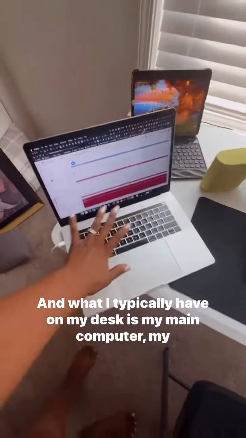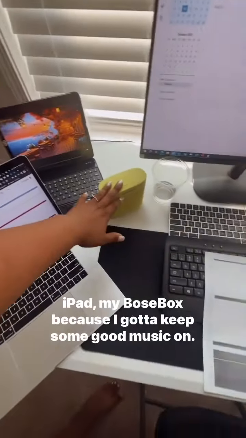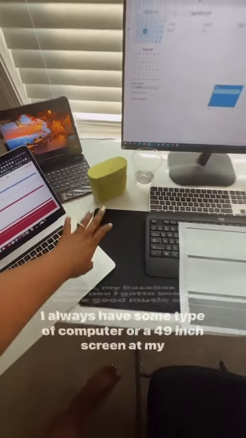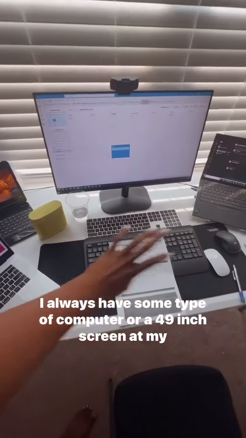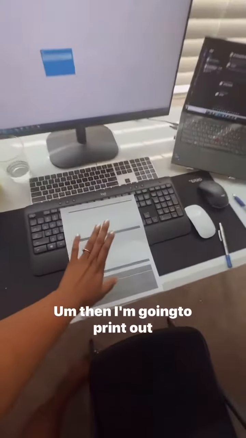I'm going to get ready for my daily stand-up for work, where I'll be letting them know what I did yesterday, what I plan on doing today, and if I have any blocks, any questions, or if I need any support in any way. And what I typically have on my desk is my main computer, my iPad, my Bose box, because I got to keep some good music on. I always have some type of computer or a 49-inch screen at my other home. Then I'm going to print out